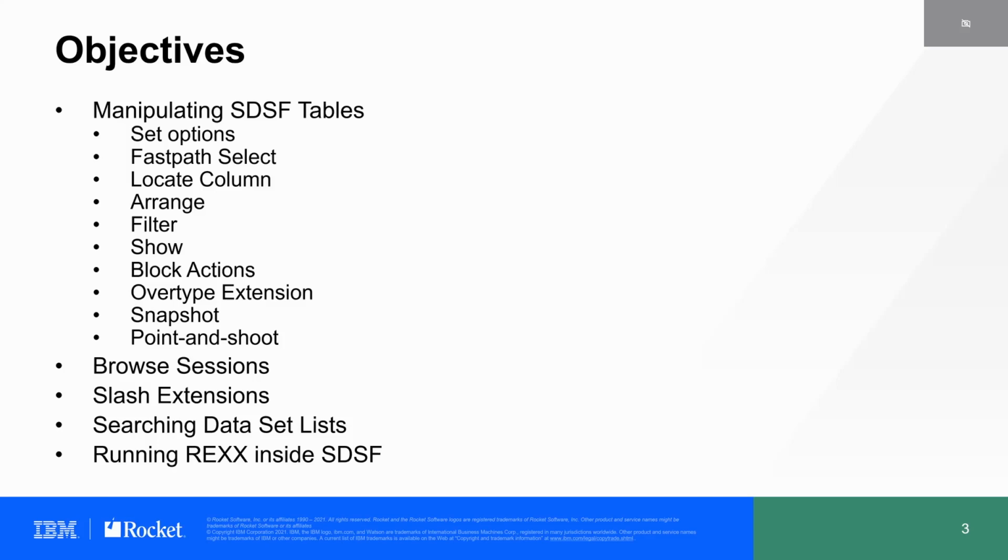So here's an outline of the basic objectives of what I want to talk about. It's quite a hodgepodge of things you can do manipulating tables. There are some things you can do when you're browsing a piece of output or logical output. There are some things around the operator command, the slash command, data set lists and how you manipulate those, and RECS inside SDSF itself. So without further ado,